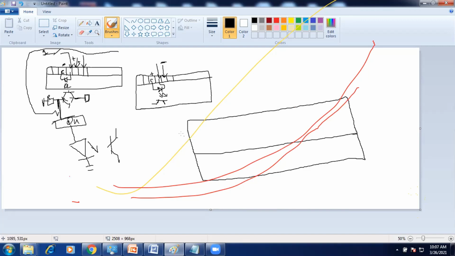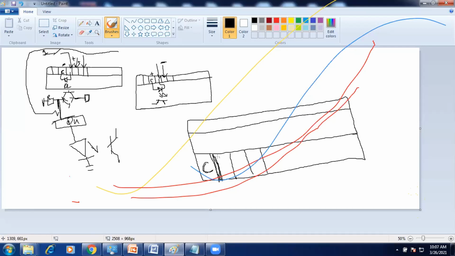We have already finished the input parts, right? So just consider this is my output side, okay? First, I have the common pin. The first position of that output side is the common pin. From the second position we get the output ports.